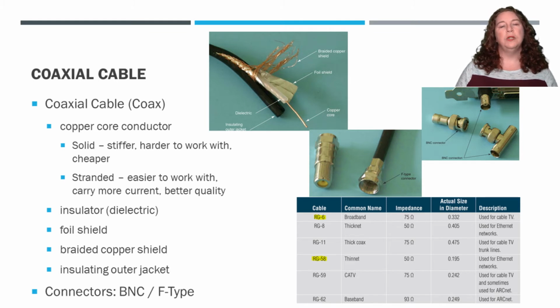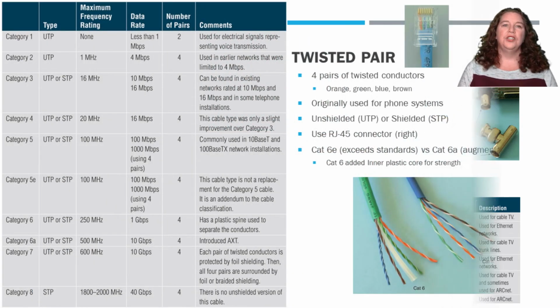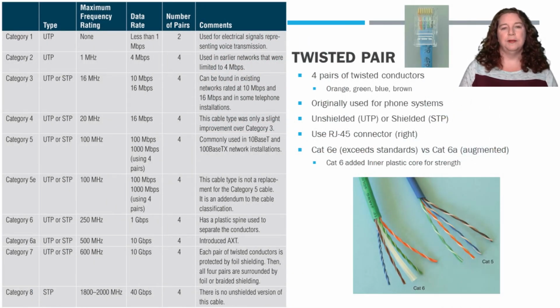A lot of cable and satellite TV still use coax, but a lot of times when we get into Ethernets and networks, we're going to be using twisted pair. So let's talk about that one. Your twisted pair cabling is generally what we call CAT: either CAT 4, CAT 5, CAT 6, CAT 7, different categories for the different types of twisted pair. After category 1, which was used way back at the beginning, originally for phone systems,